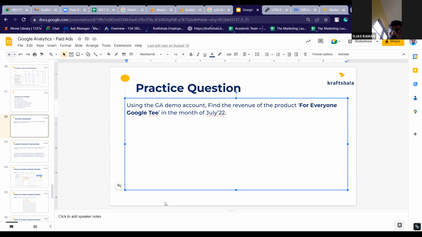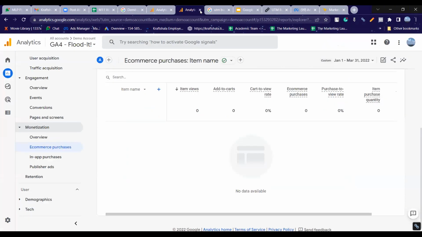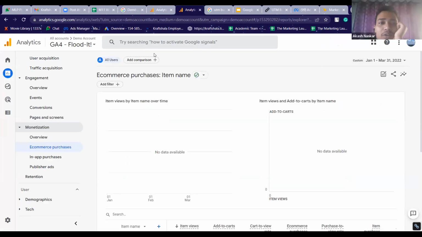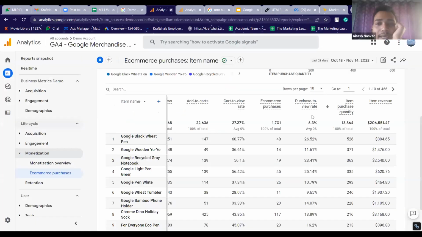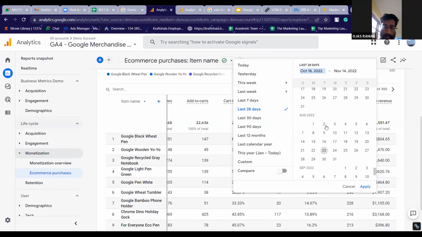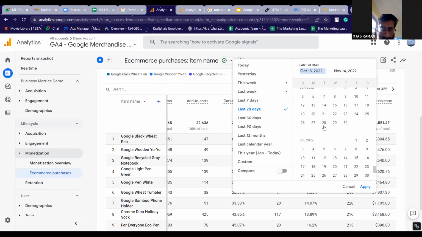So I'm getting 0, like no data available. Same, Akash, I'm getting the same blank. You're getting 0 again, guys. When I was explaining, I told you that for getting the e-commerce purchases, you have to go to the web data. Yes, sir, I'm in web data only. In web data also, you're not getting anything. Yes, sir. I was getting all the products together, but only for Google, like now, it's no data available. Can you just check in July?